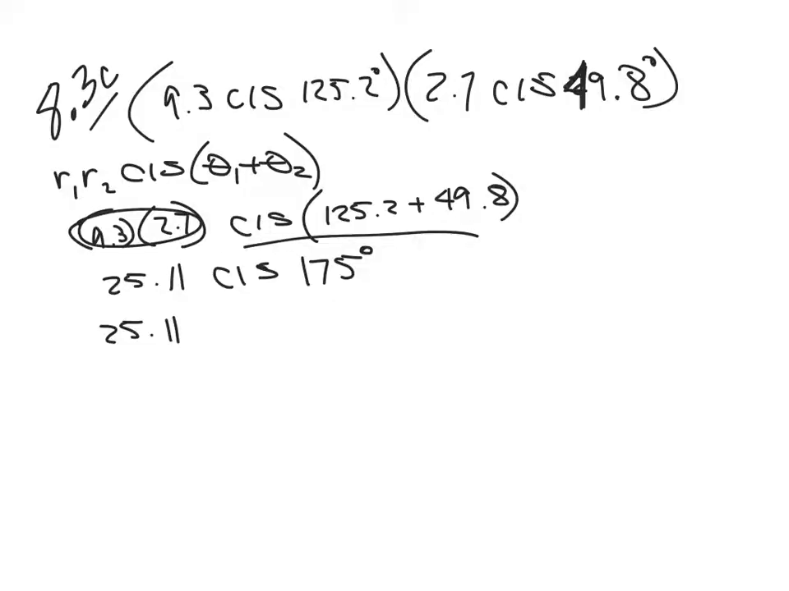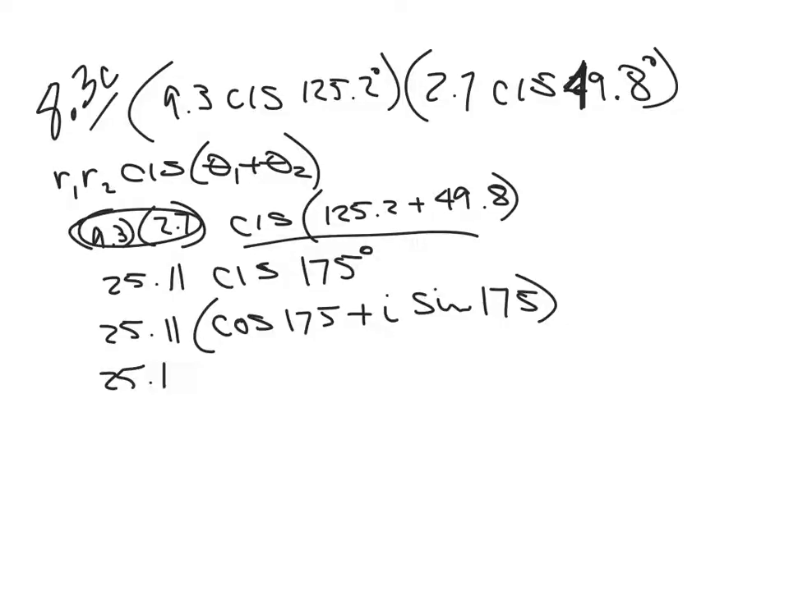25.11, and we're going to do cosine of 175 plus I sine of 175. And this is where your calculator comes in handy. You're going to take the cosine of 175 and you're going to get negative 0.9962-ish. Then you're going to take the sine of 175 and you're going to get